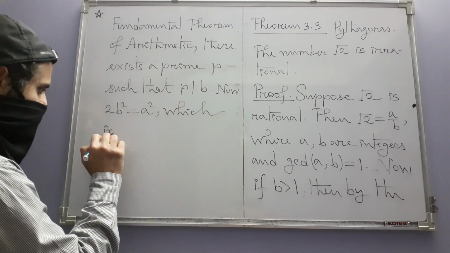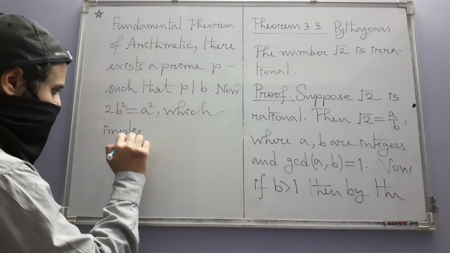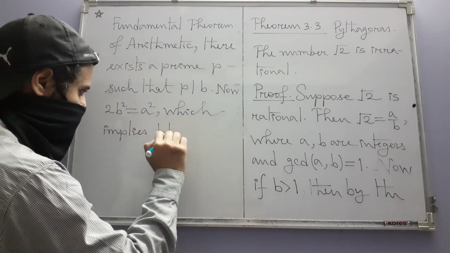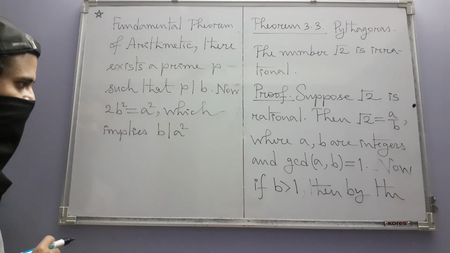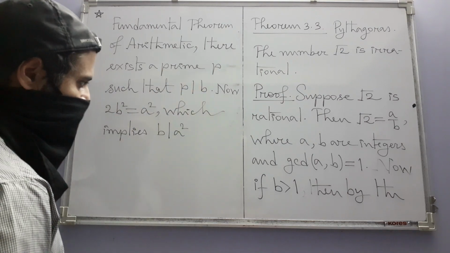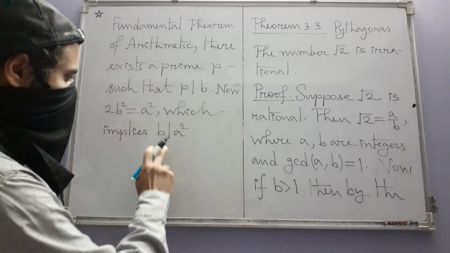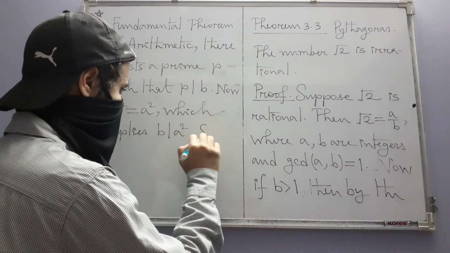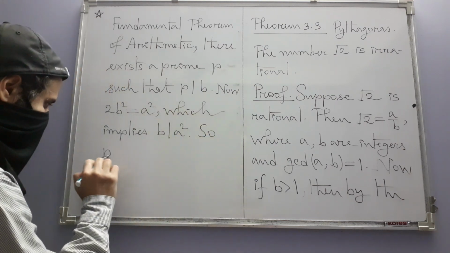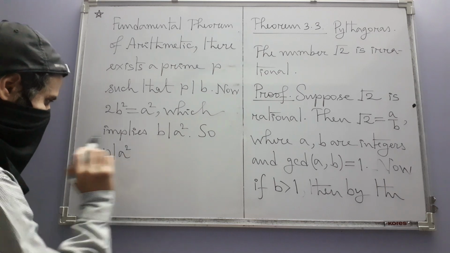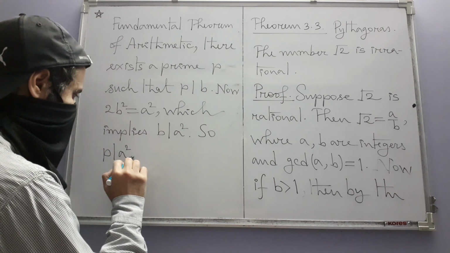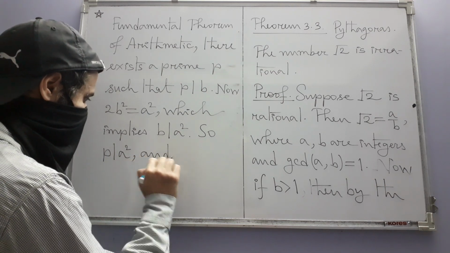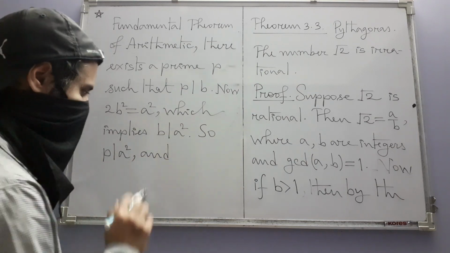So b divides a square, but p divides b, and since divisibility is a transitive relation, p has to divide a square as well. And so, because p is a prime, we have by Theorem 3.1